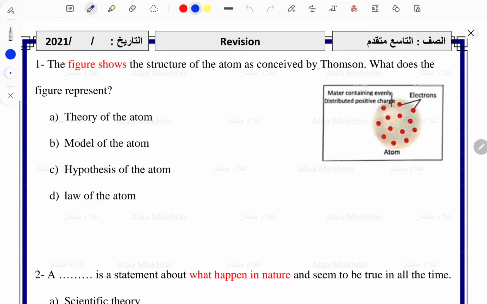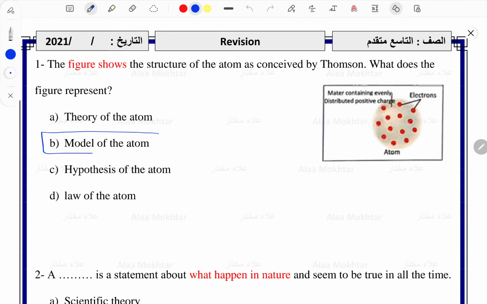Final revision for grade 9 advance. Question number 1. The figure shows the structure of atom as conceived by Thomson. What does the figure represent? This figure represents what? Theory of the atom, or model of the atom, or hypothesis of atom, or law of atom. It represents